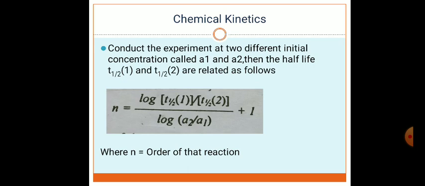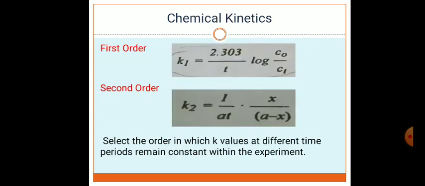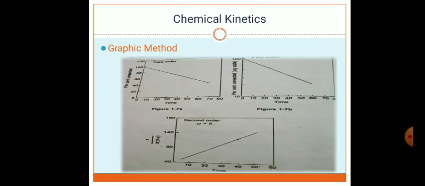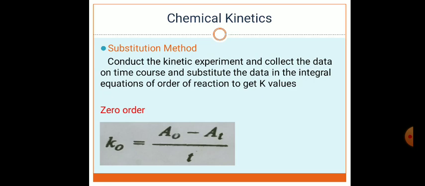So these are the three basic methods for determination of order of reaction. First, the graphic method, where the experiment is done and the graph is plotted, and you just compare the graph of the experiment with the official graphs. Whichever graph fits or looks the same is the order of reaction. In the substitution method, all three integral equations of zero order, first order and second order are used with the experimental data,